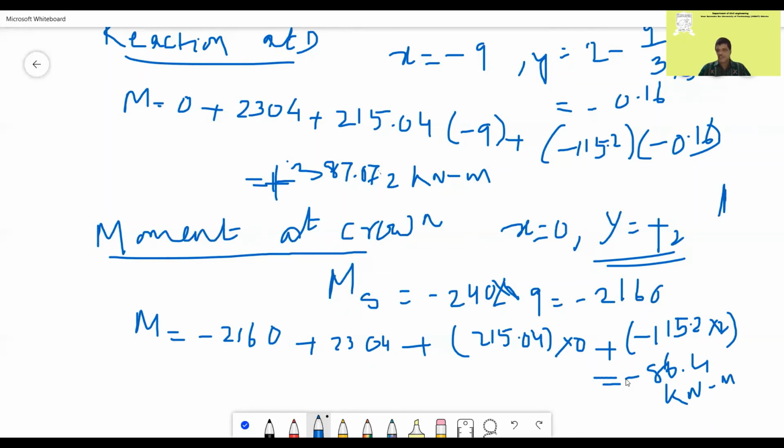Now you see, a fixed arch problem we have solved. It will take a lot of time for solving this equation because you have to do a lot of integrations and then find it out like this. But it can be solved. So here we are applying the strain energy principle. Find the total strain energy, then differentiate with respect to the moment.